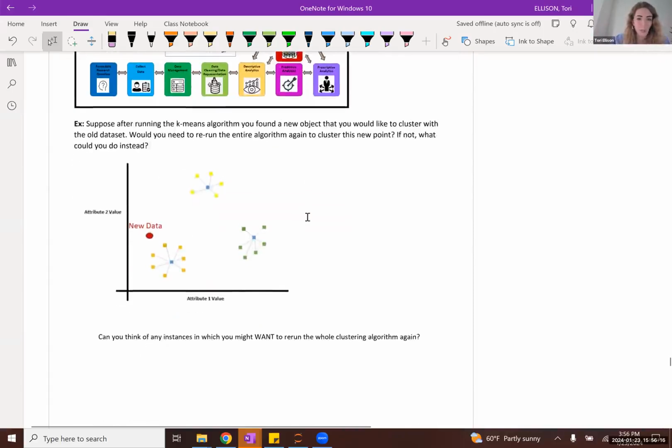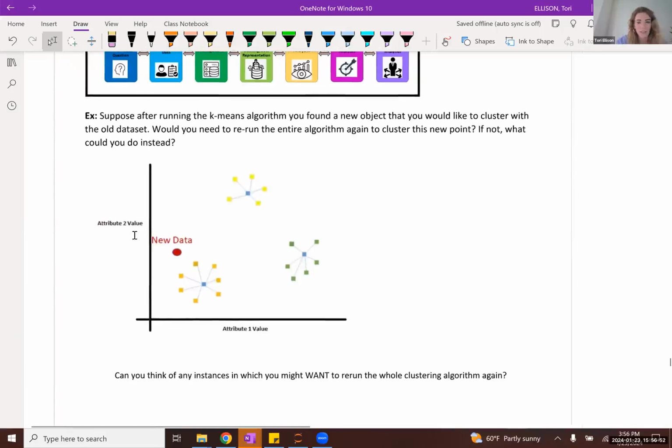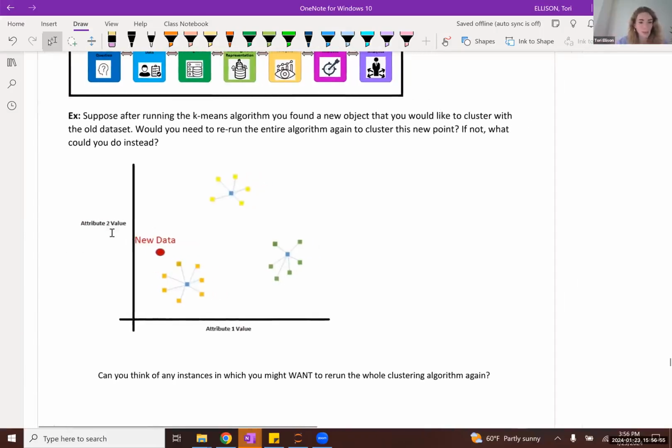So this is a valid question that we would want to think about as data scientists when running an algorithm, and perhaps what we might want to do if we were to get new observations that were not run in the first iteration of the k-means clustering algorithm. So let's just say you have this data set in your hands, you ran k-means on that data set, and you found the following clustering here. Now let's say you had a batch of new observations that you wanted to cluster with one of the existing clusters that you have here.